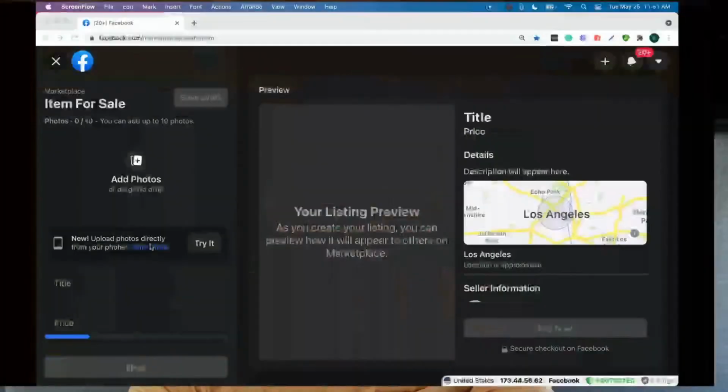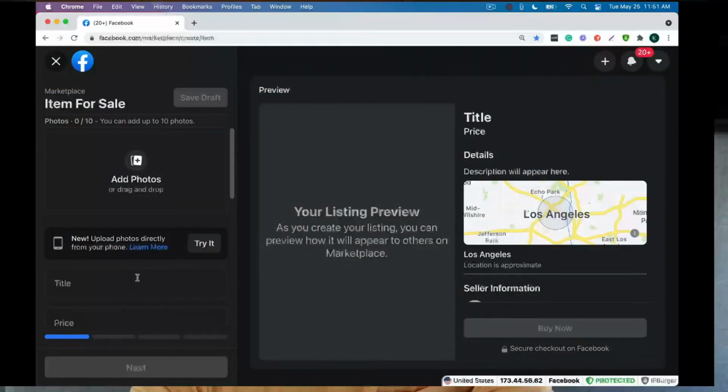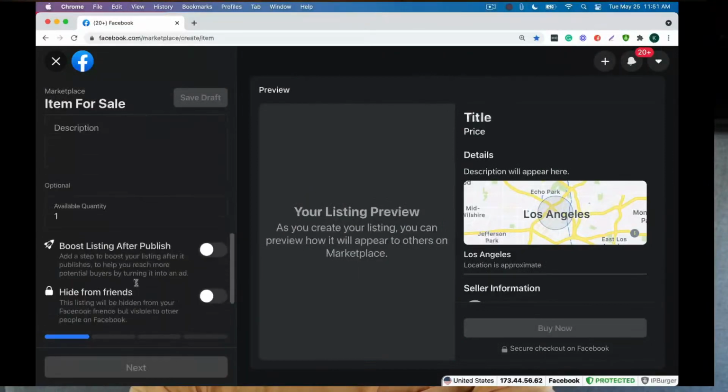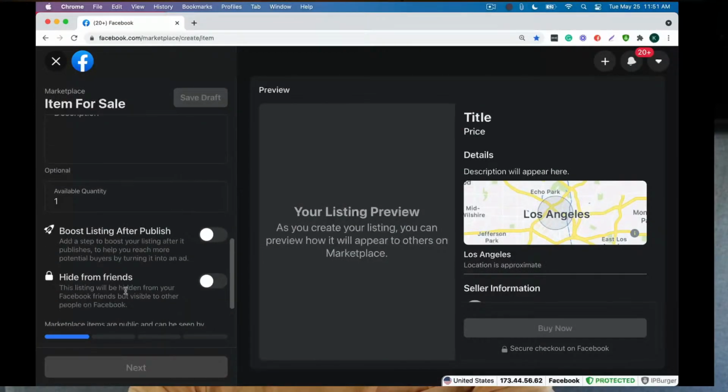So let me back up and kind of explain this. So when you list items onto Facebook Marketplace, again, this is kind of what it looks like when you list items. You list up the photos, the tags, the price, description. If you have tags, you add tags as well. And then there's a few other steps, and then it has to go through a review process. Now, my assumption is that it's first like a bot that reviews it, and the bot will either say, yes, this is totally fine, this is obviously fine, or it will say, I'm not sure about this, this could be something that